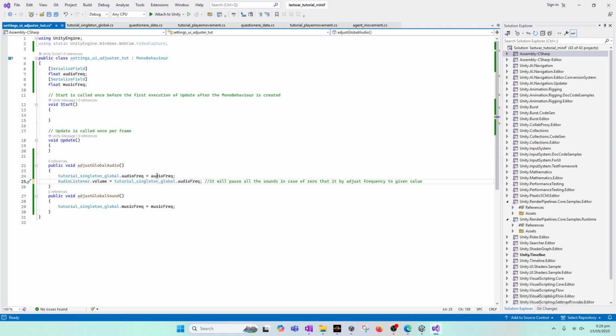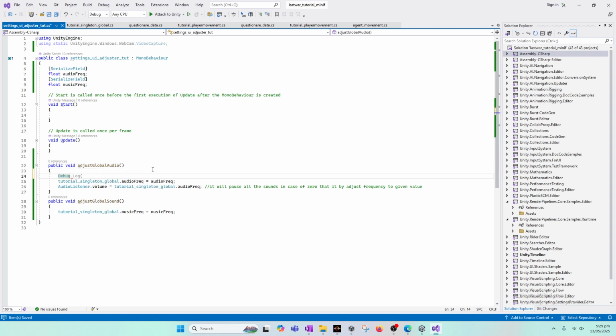So if your value is small, the volume will adjust accordingly. So every time the sound is altered, I will write something like this: sound global audio frequency altered in settings. And now when I play it,